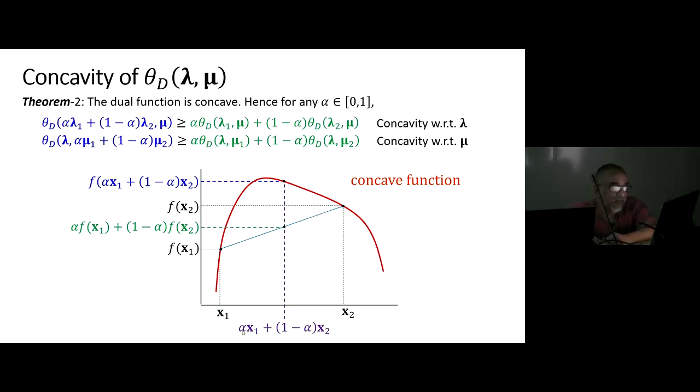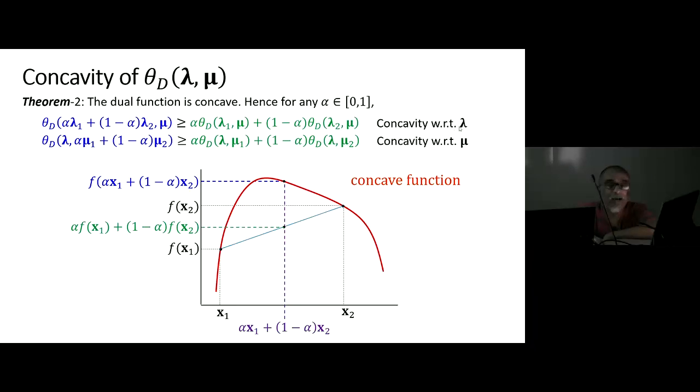And again, this is alpha x1 plus 1 minus alpha x2. This point here is a function of the linear combination of the arguments. So this green here represents the linear combination of the function, and this f here is the function of the linear combination. Okay, and so we will prove